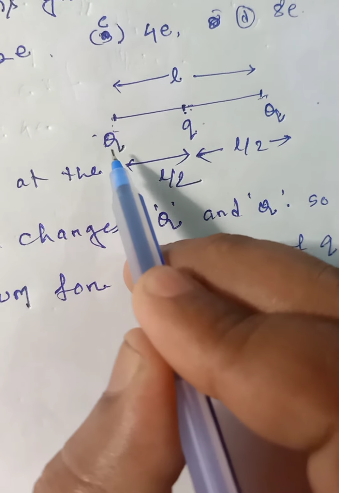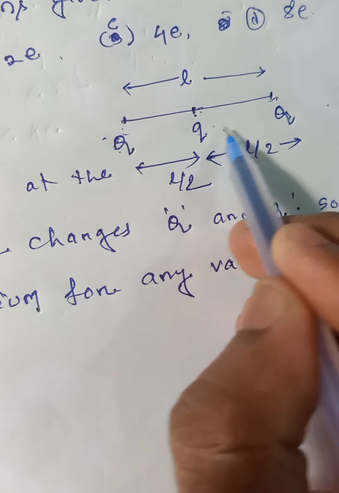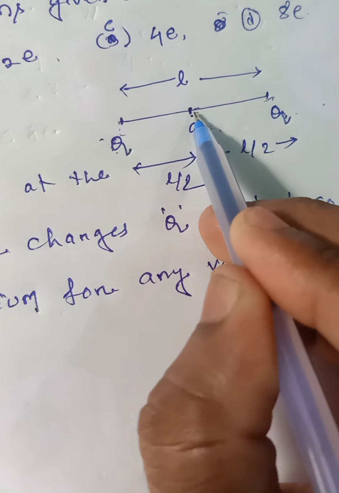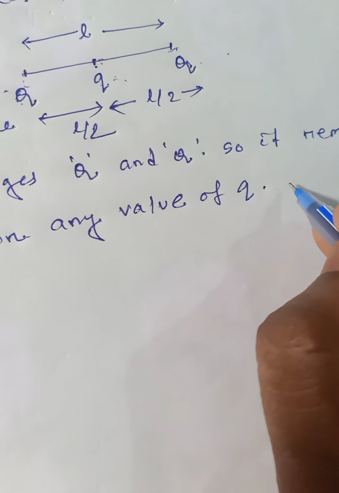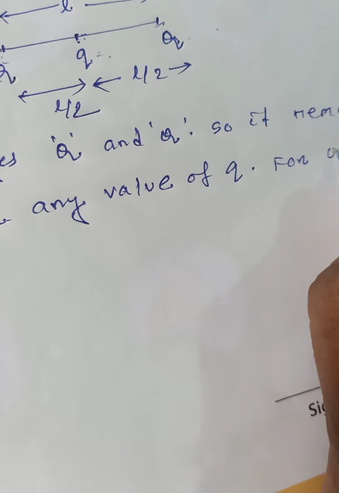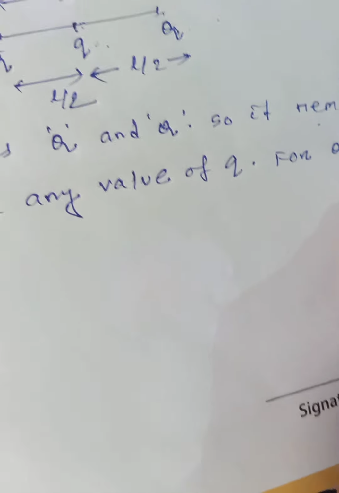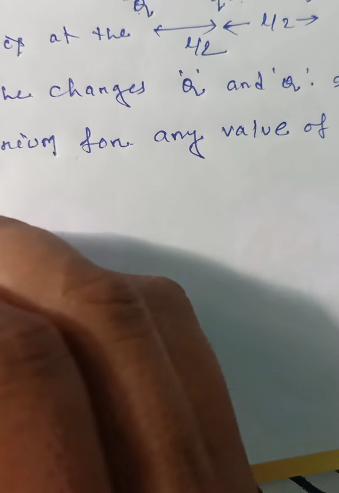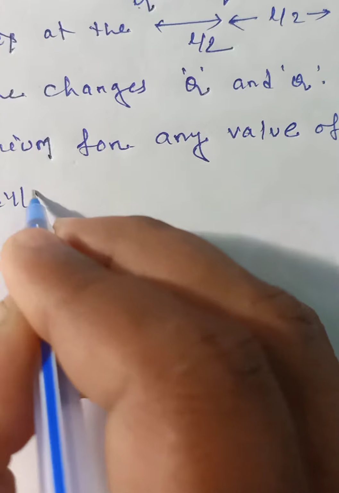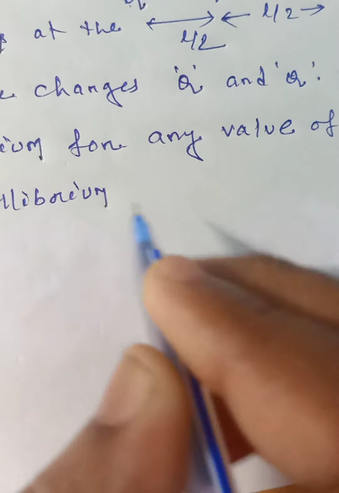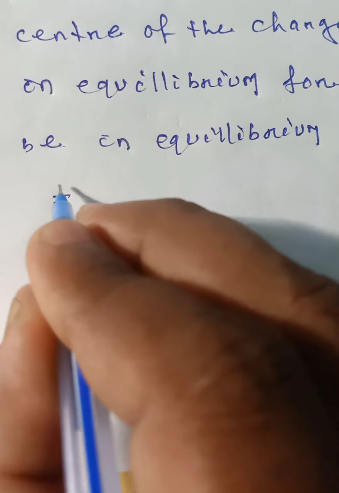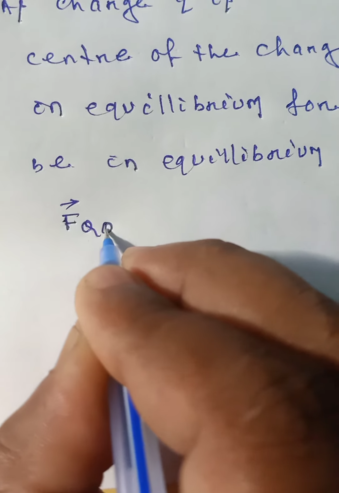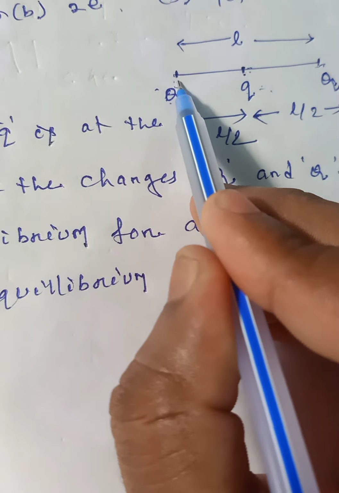The distance from small q to capital Q and the other distance must be equal, because q is the midpoint of Q and Q. For capital Q to be in equilibrium, according to Coulomb's law,